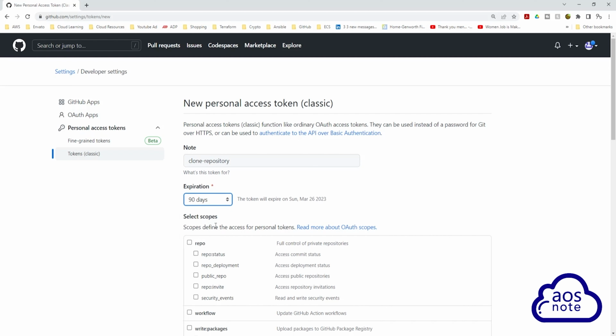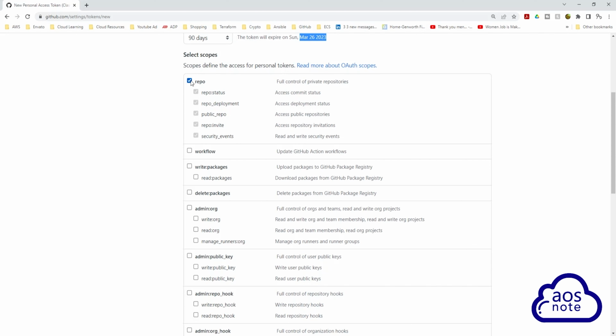Then scroll down. Under Select Scopes, we are going to select the repo scope. So click the repo and that's all we need to select. Once you've selected the repo scope, scroll all the way down and click Generate Token. There you go. We have successfully created the personal access token that Docker will use to clone the application codes